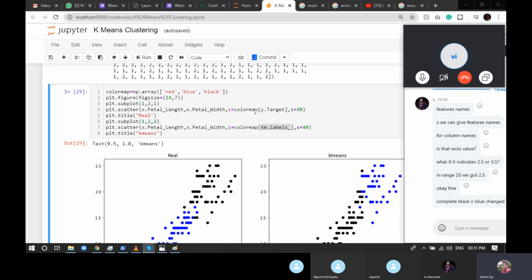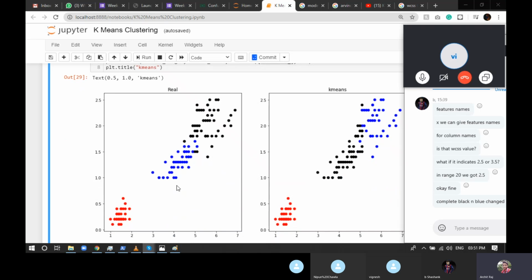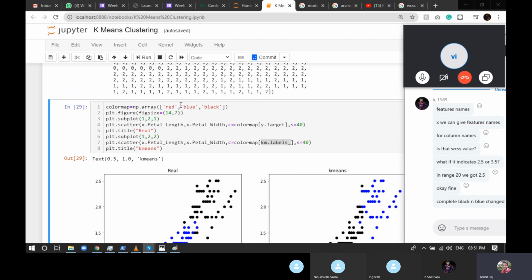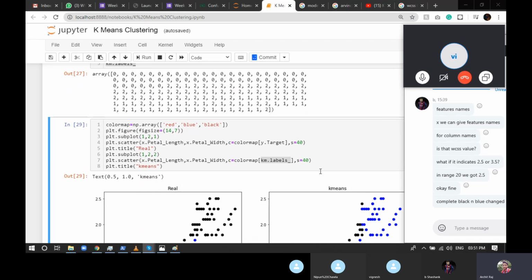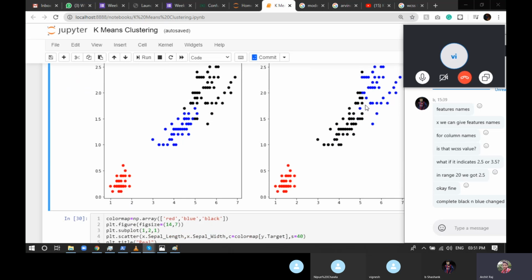I want 3, which is the target cluster, so it made it 3. Here also we're going to have 3 different colors, 0, 2 and 1. So it's going to map it to 0, 2 and 1. It's not telling that this one is this blue point or that one is that black point. It's just making the different clusters. That's why there's a difference in the color.